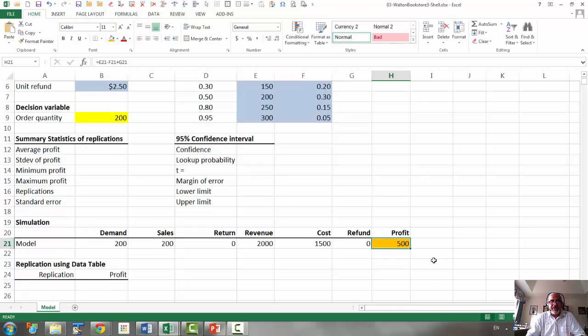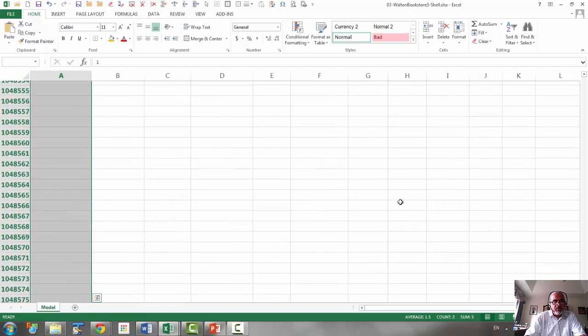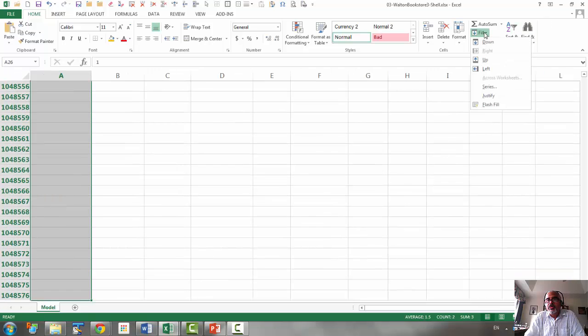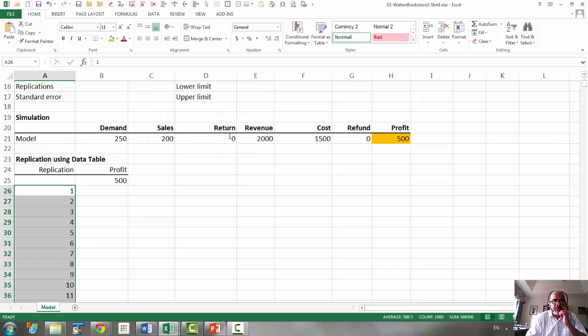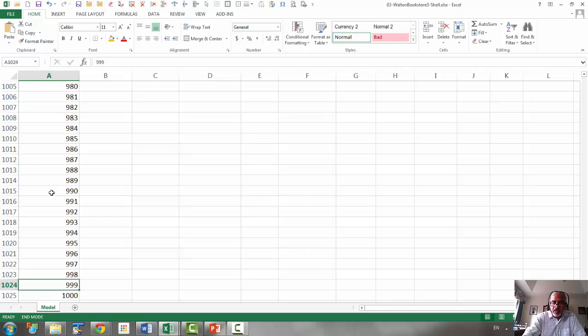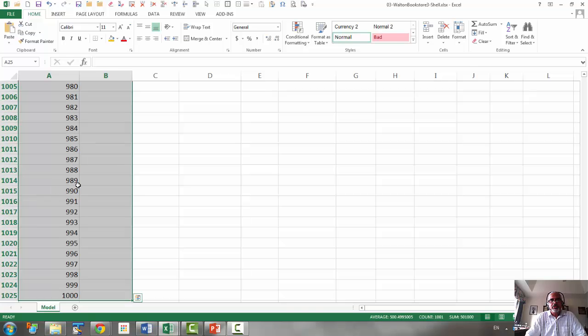Now we want to replicate and generate 1000 replications of the profit. So we can generate a data table for that, with the first row being the profit. Then we will do replications. Well, let's go all the way down and fill series up to 1000. So now that generated 1000 replications. Okay, so now let's do a data table. So 1000,